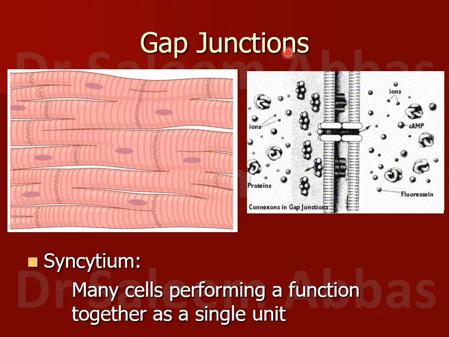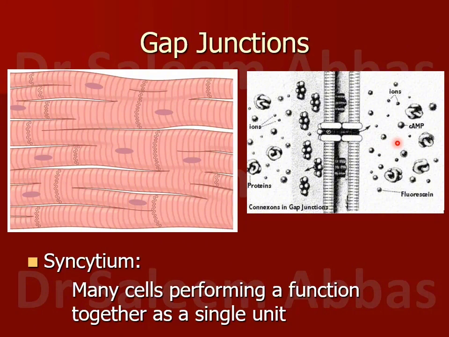Gap junctions. So these are gap junctions which allow the ions to diffuse from one myocardial cell to another myocardial cell. Now, the significance of this gap junction is such that when one myocardial cell is excited, that means when it is depolarized, that means when an action potential is generated over here, the ions diffuse from one cell through these gap junctions to the other cell, and then through other gap junctions to the next cell. So an action potential travels along these gap junctions from one cell to another cell,